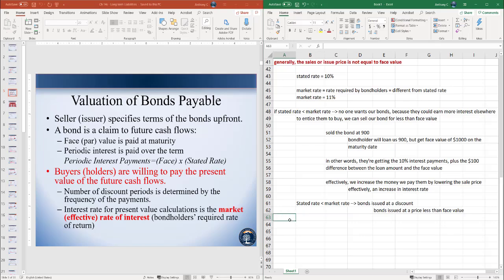All right. Now, in the example above, I said the bond was sold at $900. That was the issue price. In selecting that number, I just selected some random number. To actually figure out the issue price that we should issue the bond at, so in figuring out the issue price or sales price of a bond,